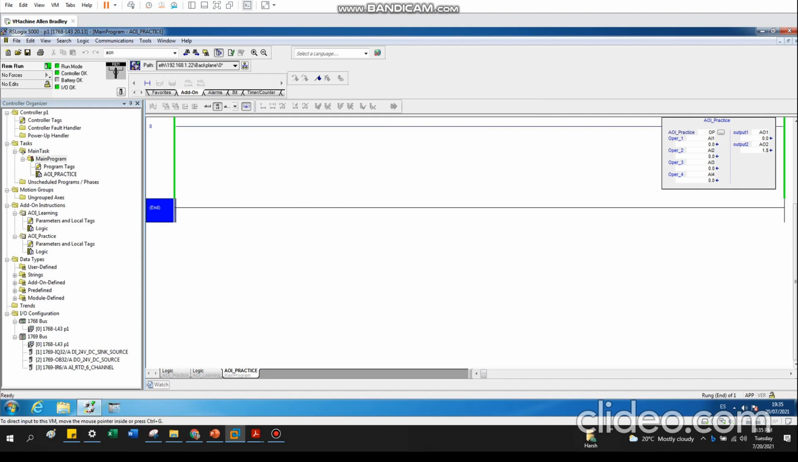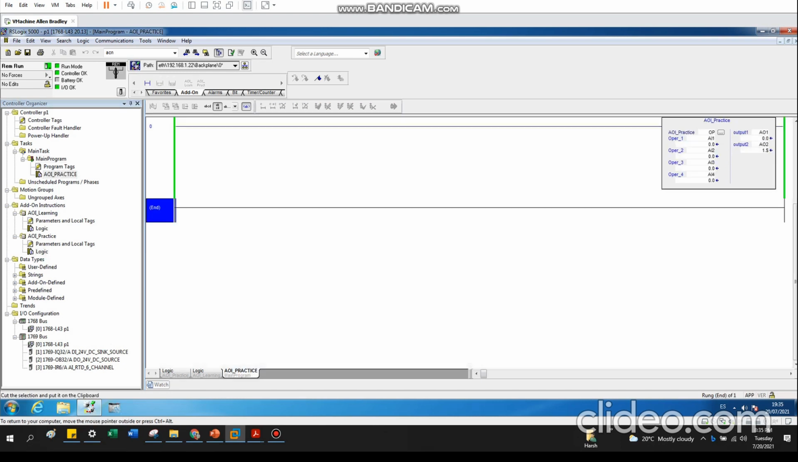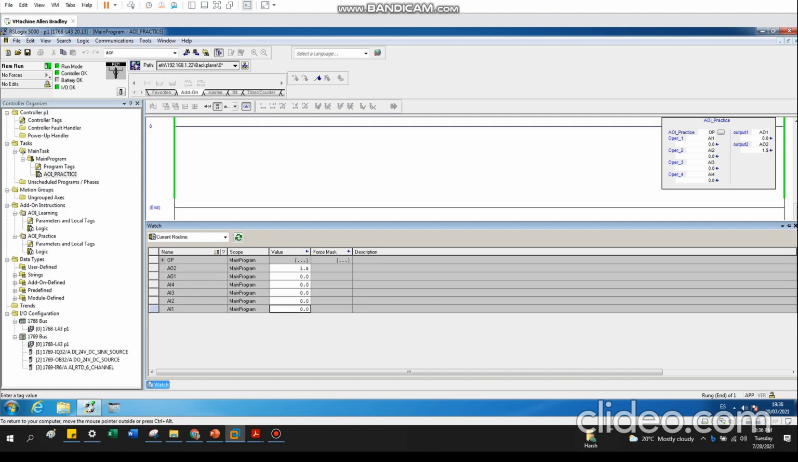And now let's enter some values over here, so we are going to get some outputs over there. How did we get that? It is because of the logic inside, which is created here, right? So without further delay, let's enter some values. We can go here in the watch. Let's enter the values